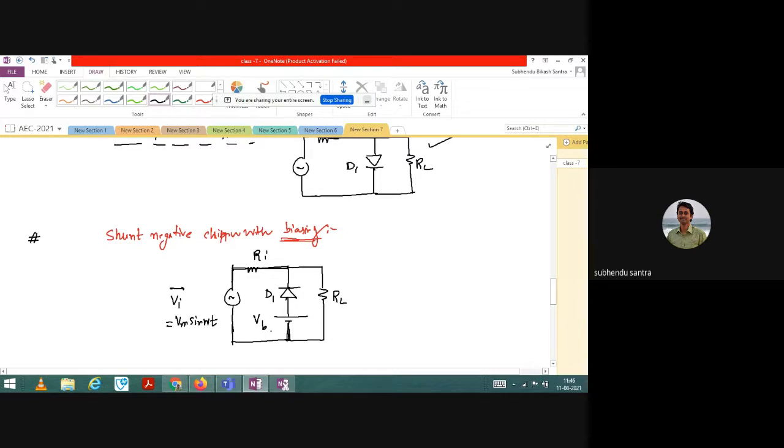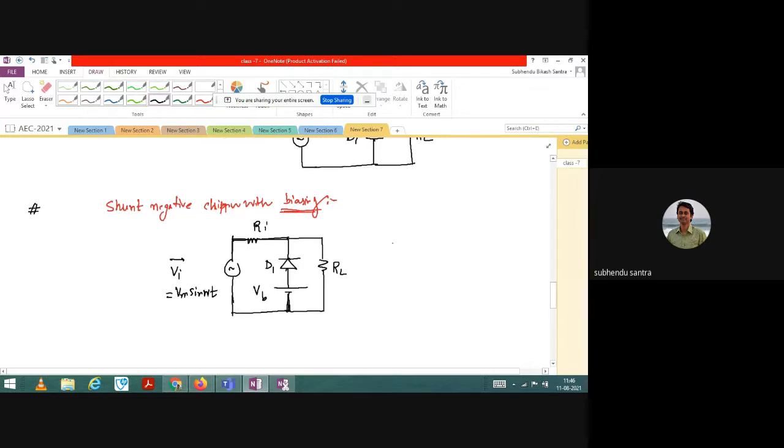Now you tell me how to analyze. The question is that I have to find out the output voltage and comment on it. Basically, it is a negative clipper, I already told you, and you already know this. So question 1 is to plot the output voltage graph, and question 2 is the transfer characteristics. I have not done transfer characteristics for the series clipper, so this time I will definitely do it.